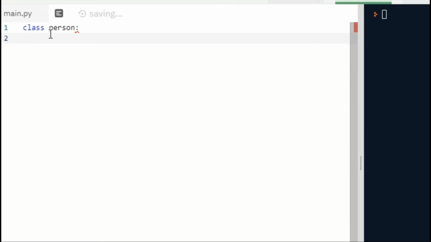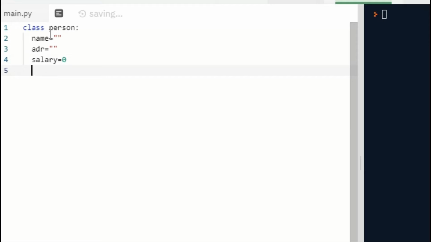After that you press enter, then it goes inside the class using indentation. Now define data members like name equal to blank currently. Then we have address equal to a blank string and salary equal to, suppose, 0.